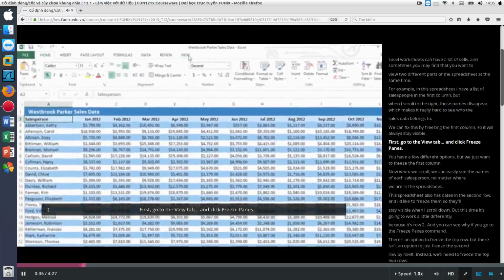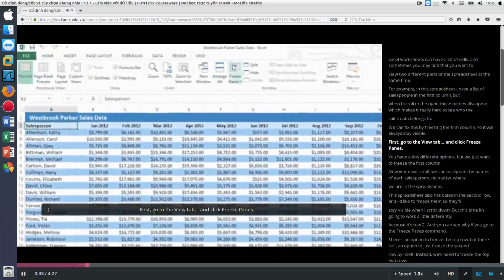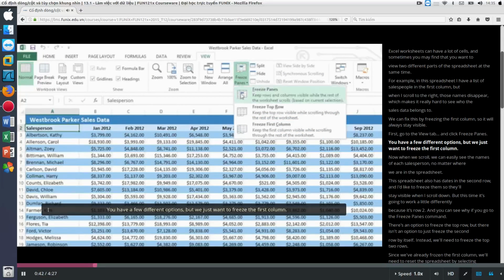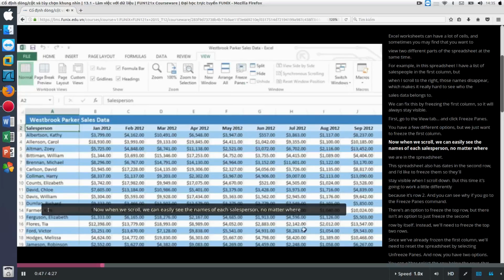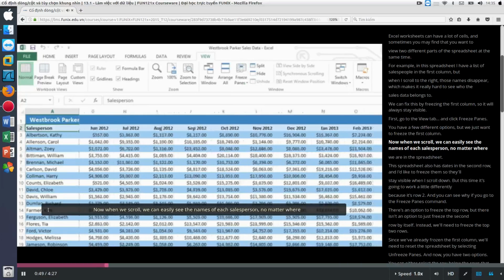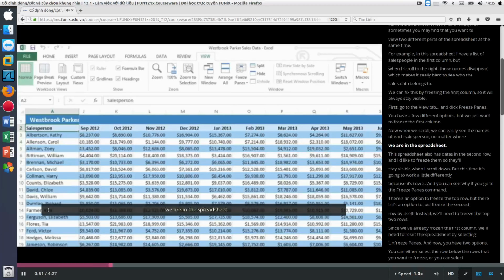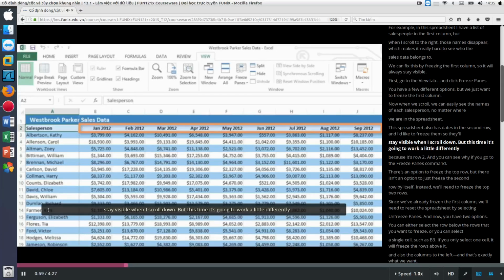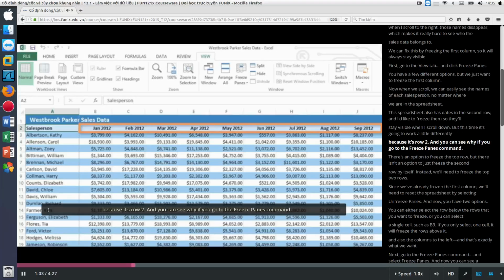First, go to the View tab and click Freeze Panes. You have a few different options, but we just want to freeze the first column. Now when we scroll, we can easily see the names of each salesperson, no matter where they are in the spreadsheet. The spreadsheet also has dates in the second row, and I'd like to freeze them so they'll stay visible when I scroll down. But this time it's going to work a little bit differently because it's row 2,